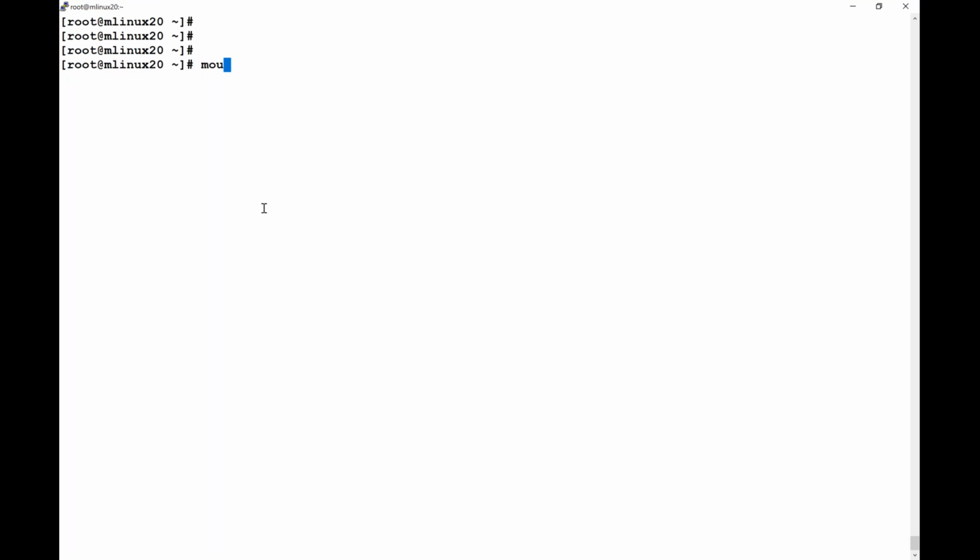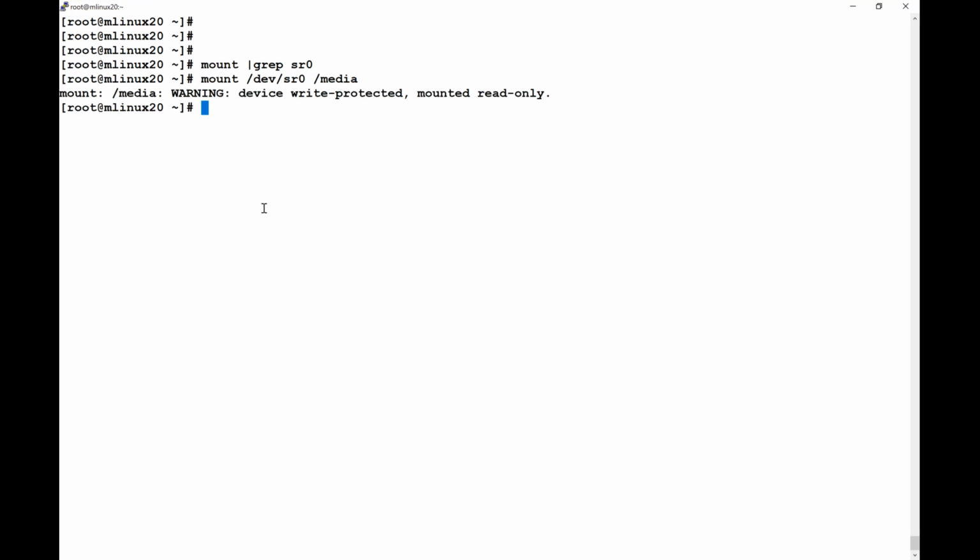So I'll just mount the CD-ROM. Let me just check it out. Mount and grep for sr0. You see CD-ROM is not yet mounted. So let me say mount /dev/sr0 on /media maybe, because DVD comes with lots of packages. Any new package we want to install, we can just go to the DVD and we can install that. So let me go into